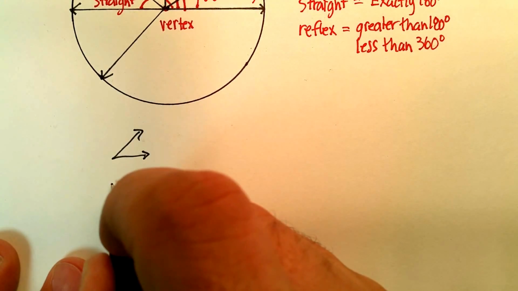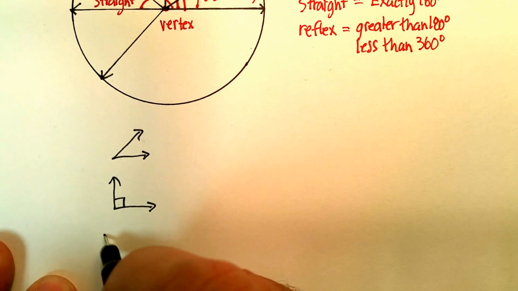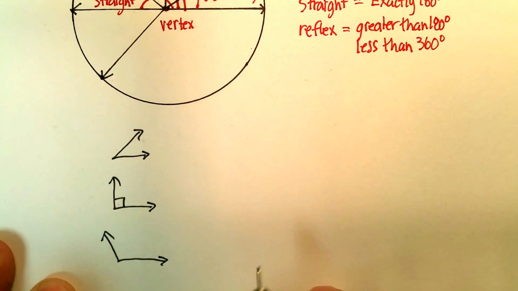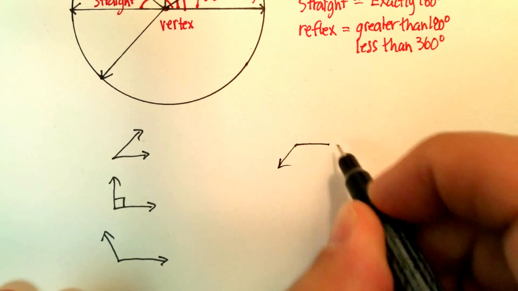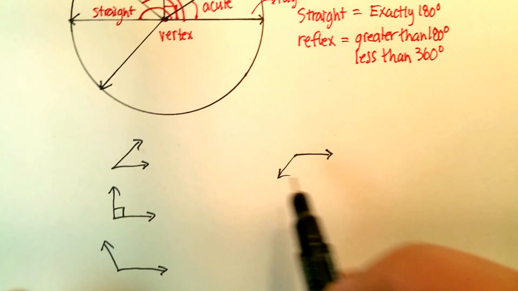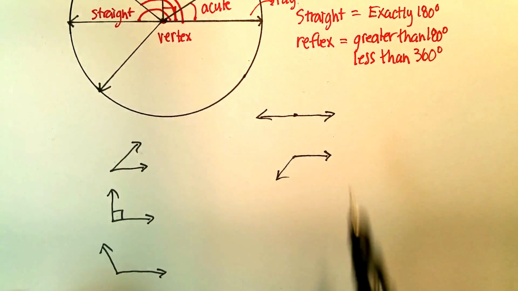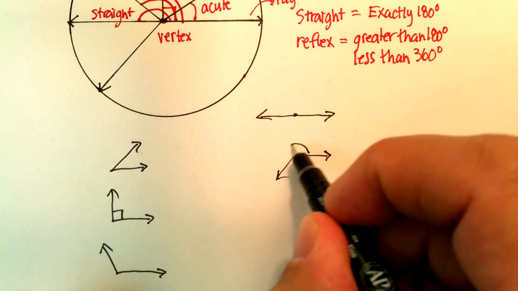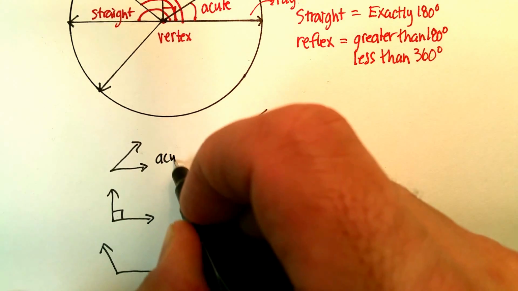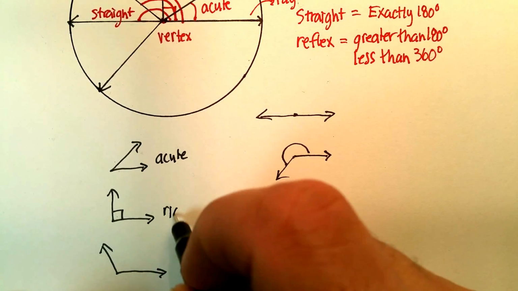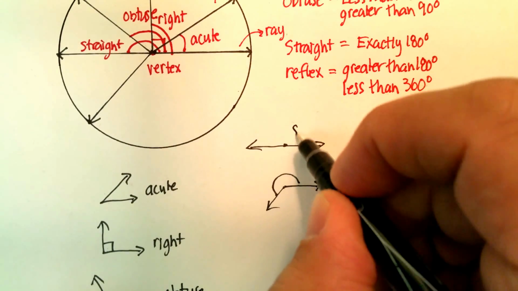Acute angle, right angle, obtuse angle, whoops, skipped one there, straight angle, reflex angle, which would be this part here, and then it's all of them, all right? So acute, right, obtuse, straight,